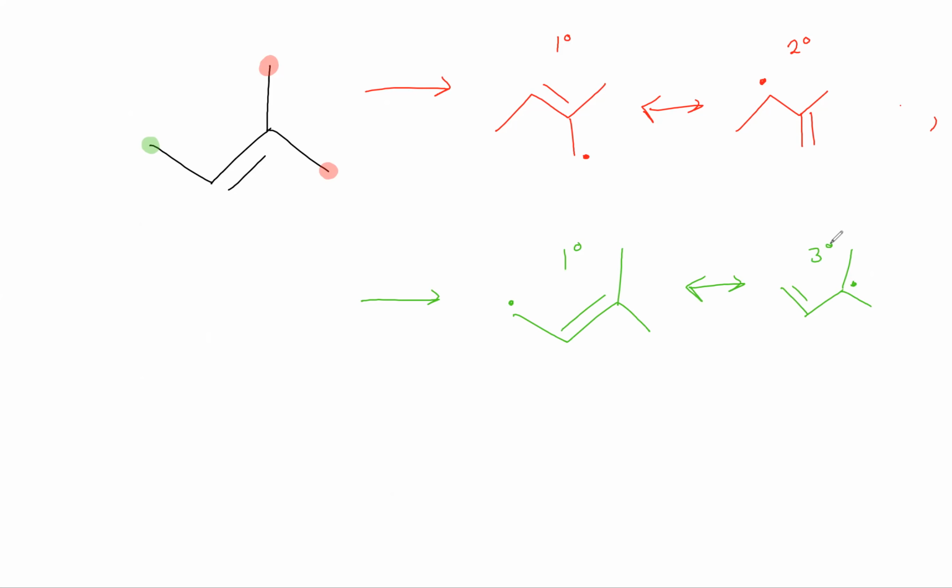So now we can see here the difference between these two radicals is their stability. The green radical is going to be more preferred than the red one because overall it'll create more stable radicals, in that it creates a tertiary allylic radical compared to this secondary allylic radical. So that's also something you have to look out for when we're talking about allylic radicals. All right? Okay. So we talked about free radical formation, the delta H of radicals, stability of free radicals, and